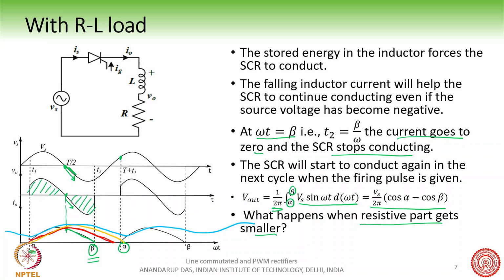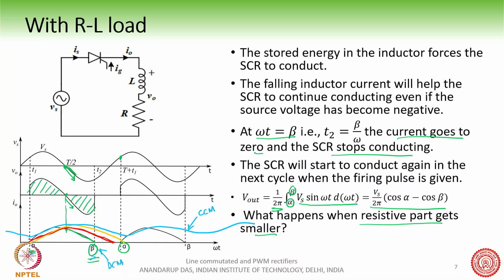Okay, so this type of current is called continuous conduction mode, CCM mode, of the thyristor rectifier. You have seen this also in DC-DC converters. So this is the CCM, continuous conduction mode, of the thyristor current. And the other operation, where the current starts from alpha and ends at beta, is called DCM mode